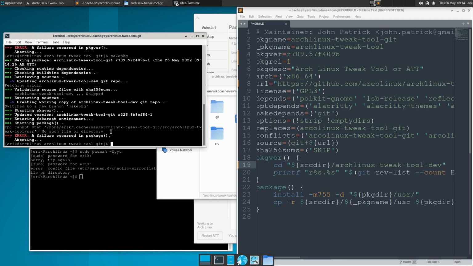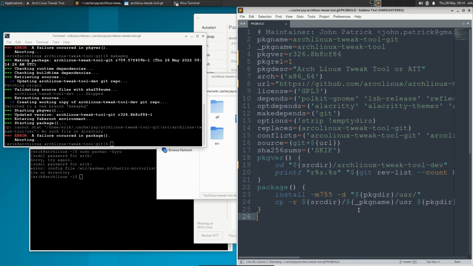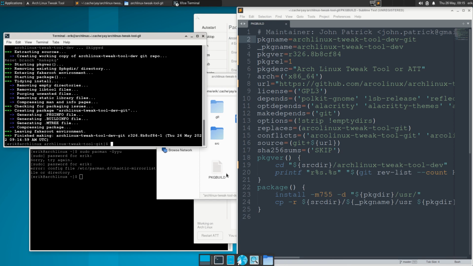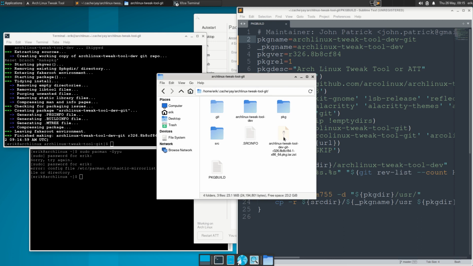Tweak-tool, voila, home, Eric, cp, copy. So copy to there. And here we're going to copy as well. Source directory. So this one, package name, should be dev up here. Let's just call everything dev. Voila, done. So we're making a dev package. Okay, so now we have an ArchLinux-Tweak-Tool dev package